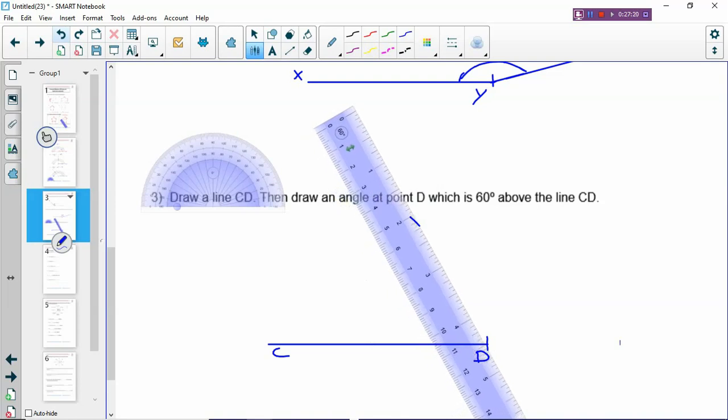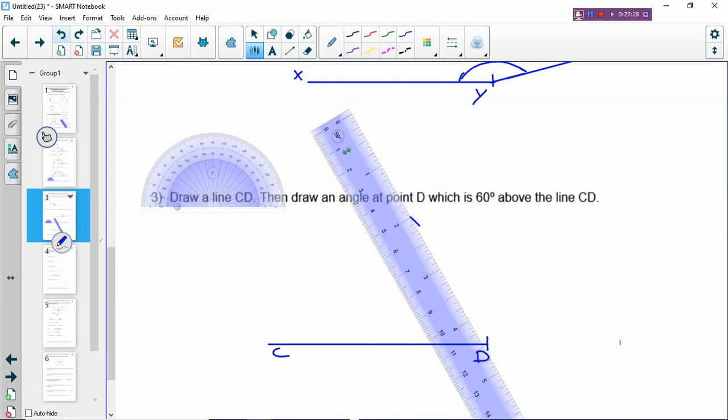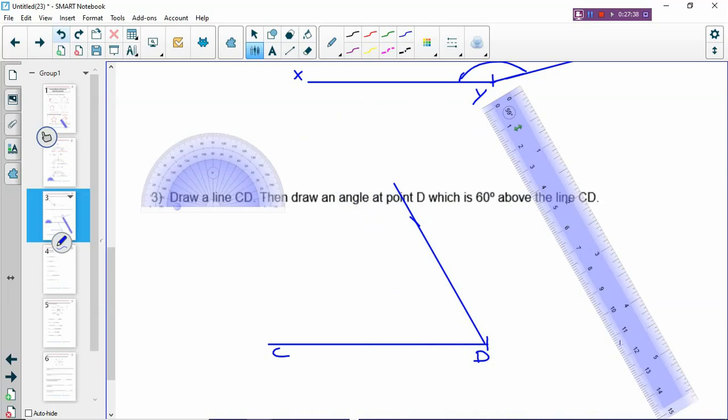Make sure you cut through the marking, and you also cut through the point D. So it's something like this. Yeah, that's nice. So that is your angle 60 degrees, which is formed by two straight lines, and you